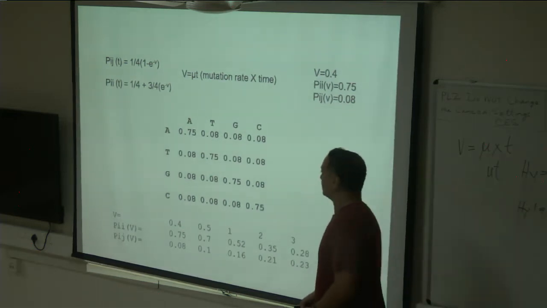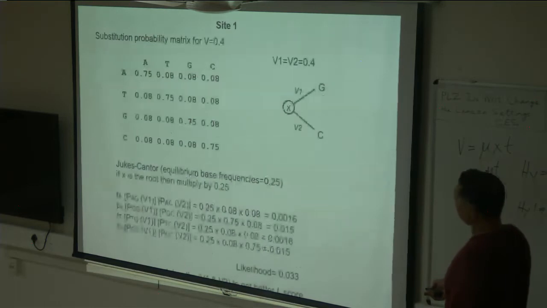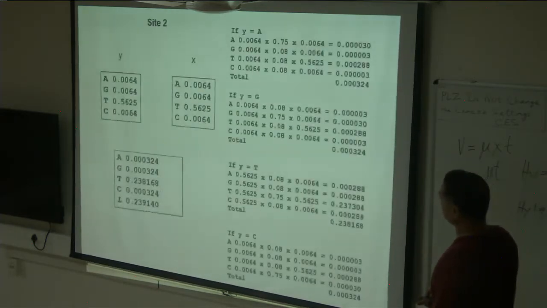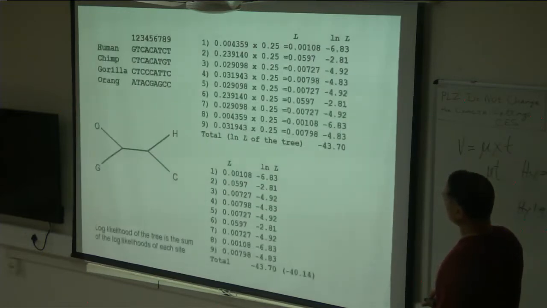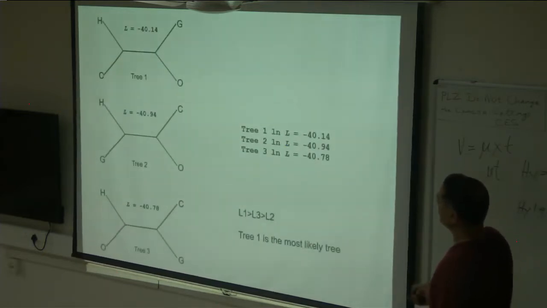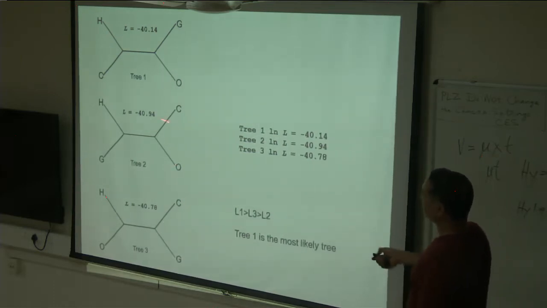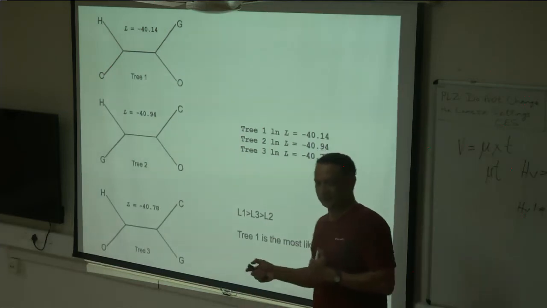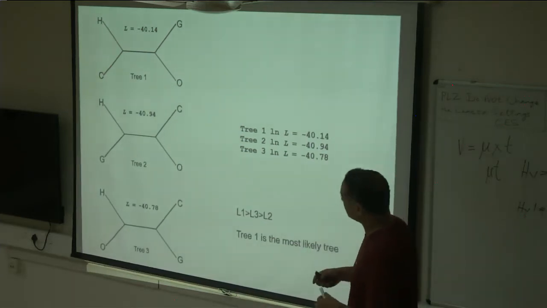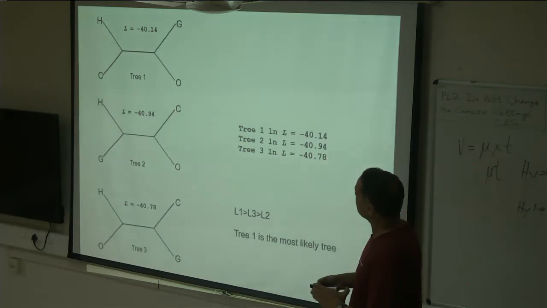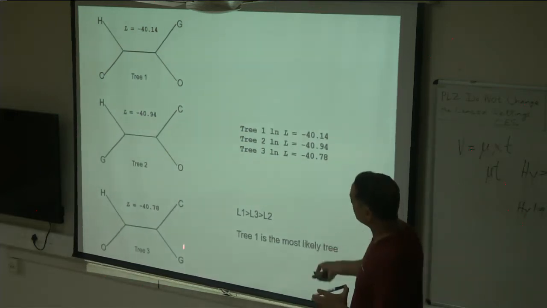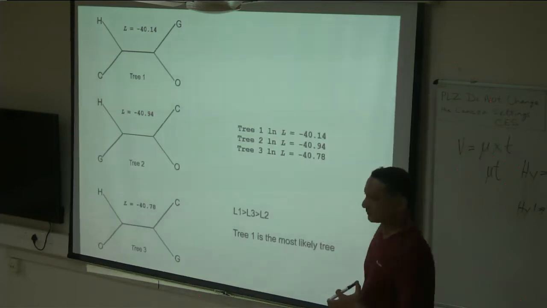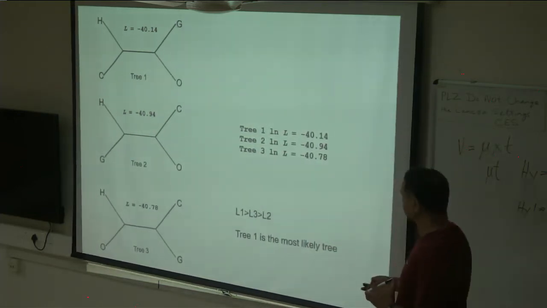Okay? So anyway, that is likelihood. And yeah, I didn't calculate it for the other two trees. I did the calculation only for one tree. The other two trees I got the values from the computer. So basically tree 1 has the best score compared to the other two trees, best likelihood score. So that is your maximum likelihood tree, right?